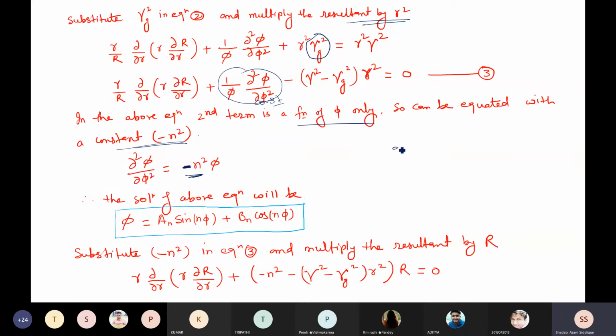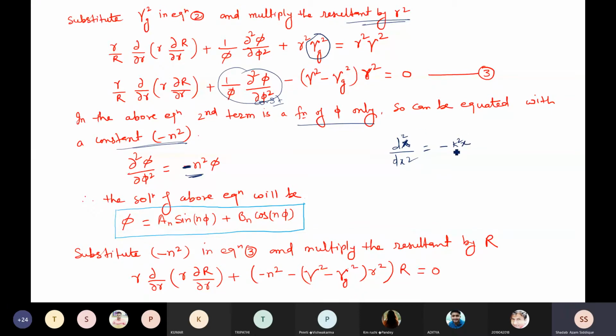Okay, so we'll get d square x upon dx square. See, this is now exclusively in terms of phi. So you can simply change the partial differential del square to d square as well. Phi is a function of phi only, so you can simply change this partial differential function to an ordinary differential function. So you can get d square x upon dx square, where x is a function of x, which is equal to minus k square x.